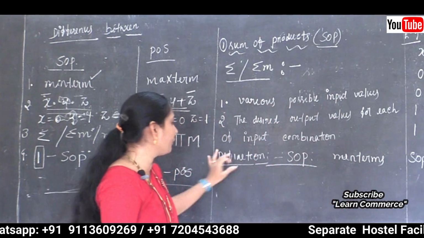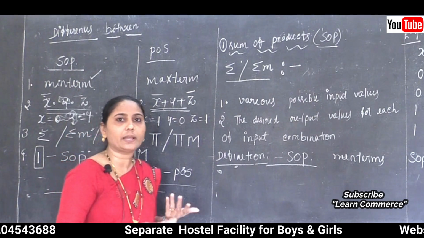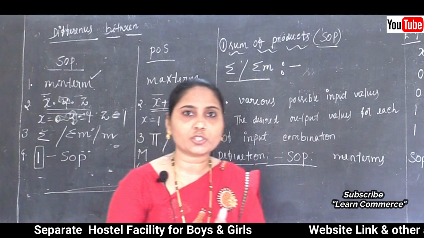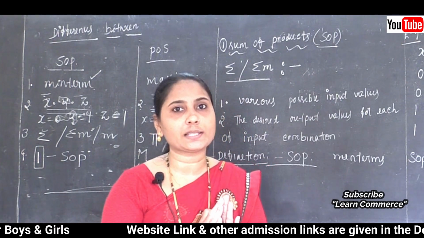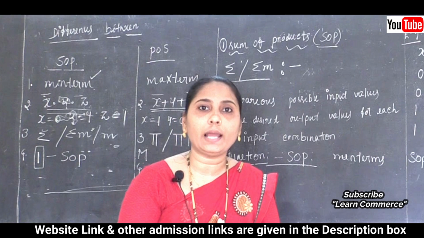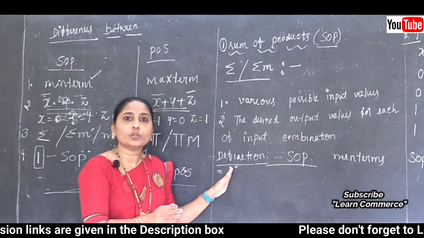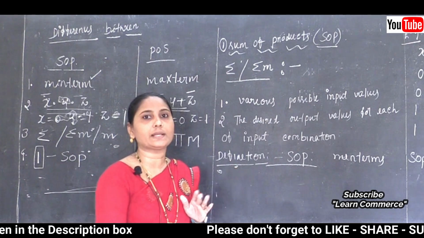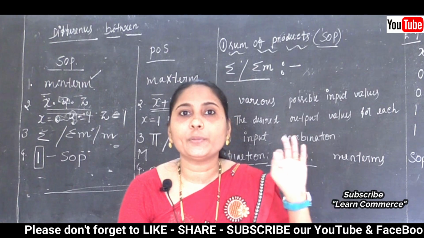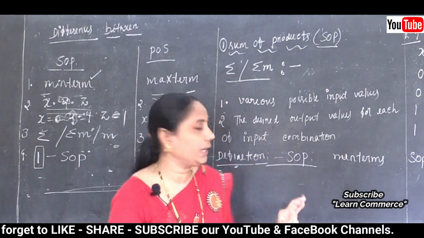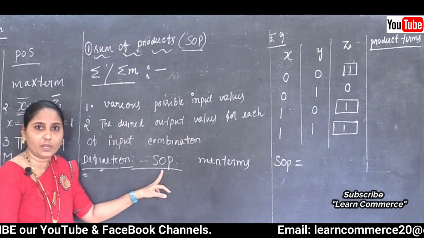So this is the definition of our SOP. We know that a canonical expression may be composed only of min terms or only of max terms, and this is referred to as a canonical expression. So, in the definition of the SOP, when a Boolean expression is represented purely as a sum of min terms, it is said to be in canonical SOP form.